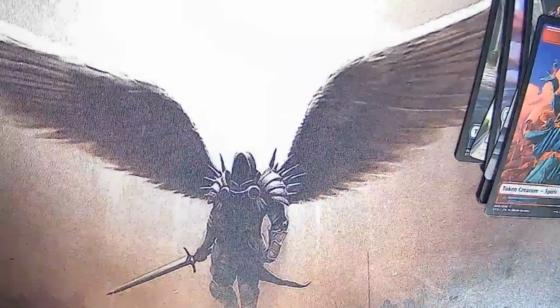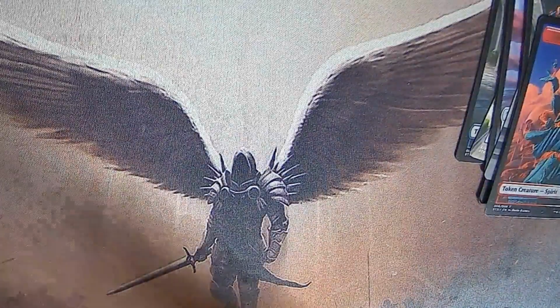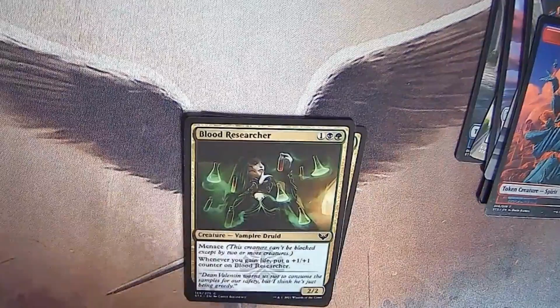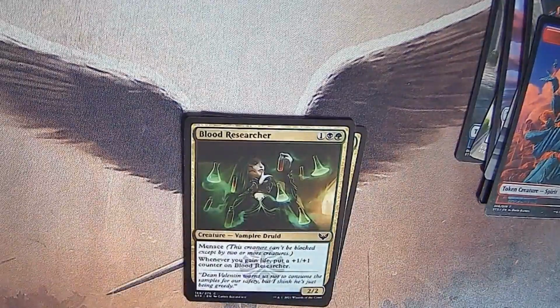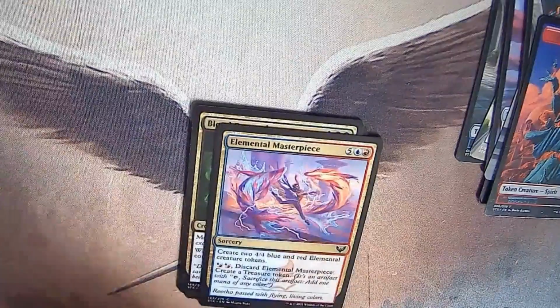Add card. Don't know why they still use those. At least give us a token or something. Seen this before. Blood Researcher, 1 black, green for a 2/2 menace. When you gain life, put a counter on it. And in Witherbloom, you're going to gain life a lot. Elemental Masterpiece,